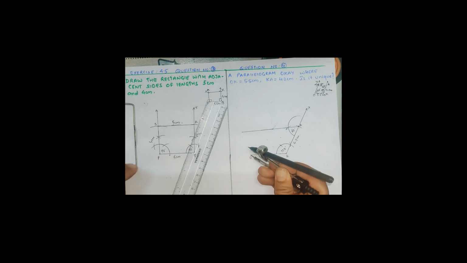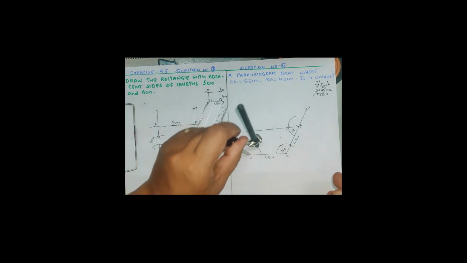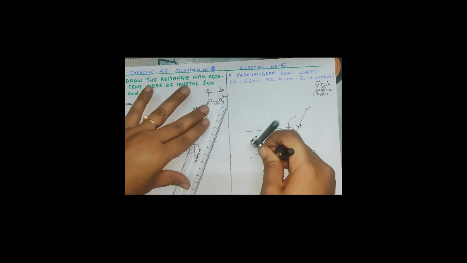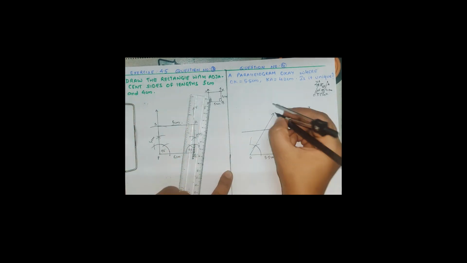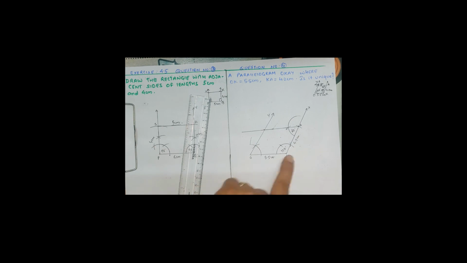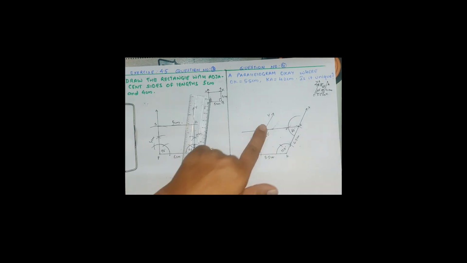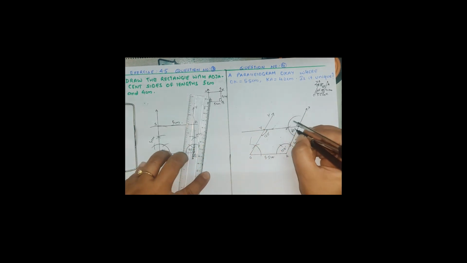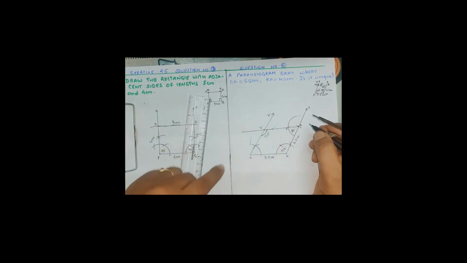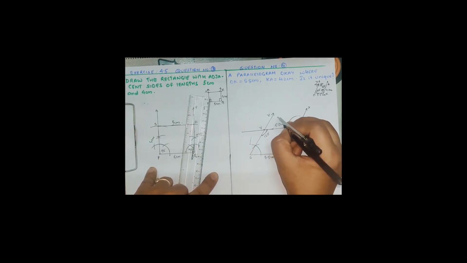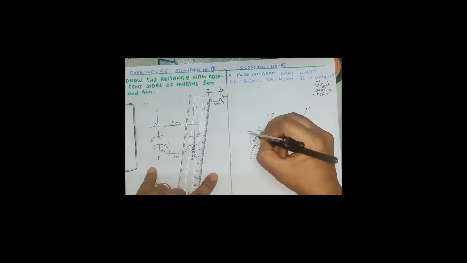Let's take, cut same arc, and here you will get 60. See, and in this way KX and OY will meet at point Y. Here the opposite angle is 120 for sure. 120, 120, 60, 60. So is it unique? No, it is not unique because we are already applying the property of parallelogram. So here it is your required parallelogram.